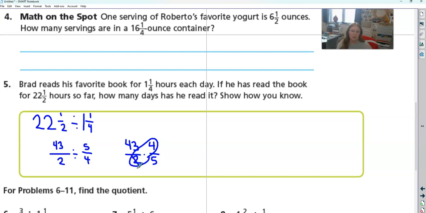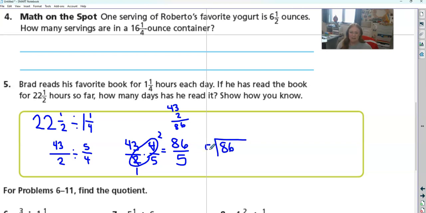2 goes into 2 one time. 2 goes into 4 2 times. So now I have 43 times 2, so I need to do that. I don't know it off the top of my head, it is 86. And then 1 times 5 is 5. So it wants to know how many days that Brad has read, and he has 86 over 5. That's not an answer to that question. So we need to go ahead and